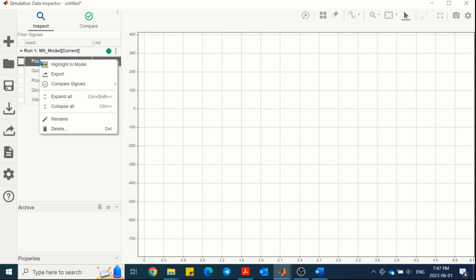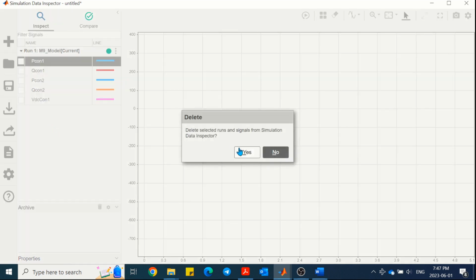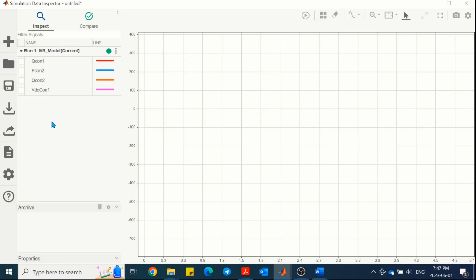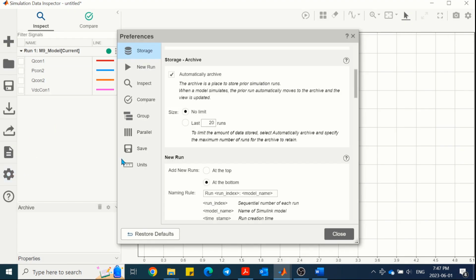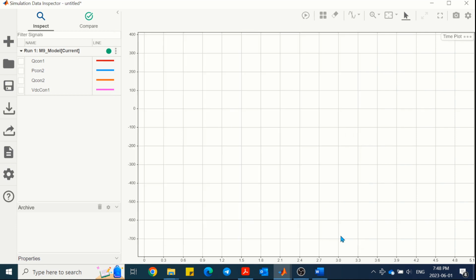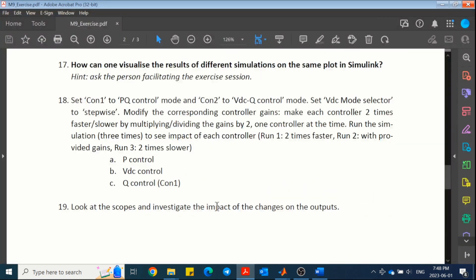We can remove the signals by selecting each of them, but another thing which is important, I guess, is to limit the number of runs that will be saved. In this simulation, 2 is the best because we are going to compare 3. So the first thing is that we need to run the model